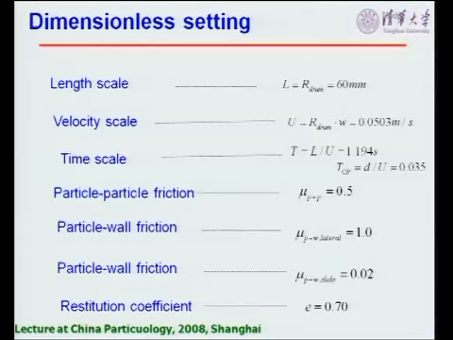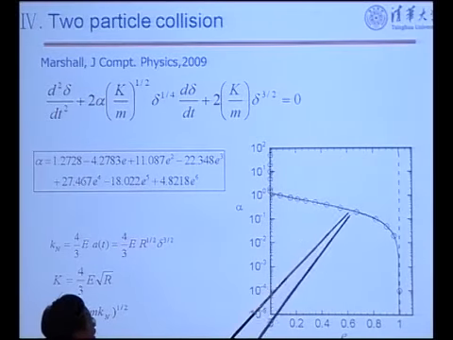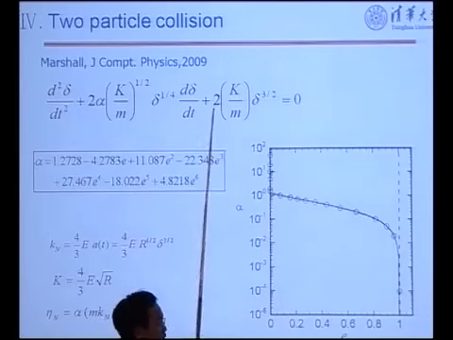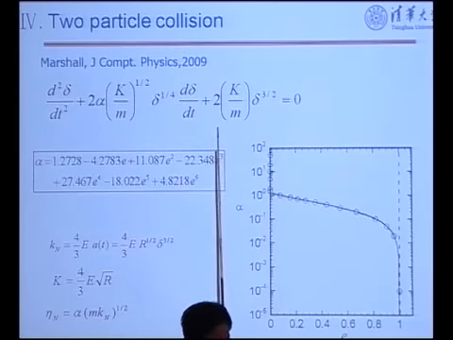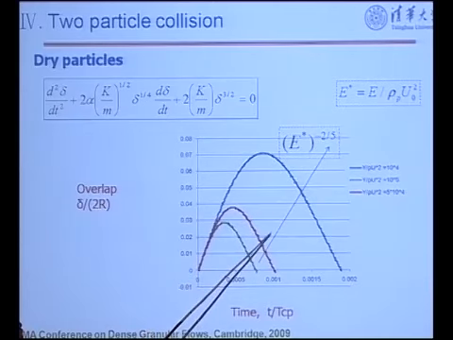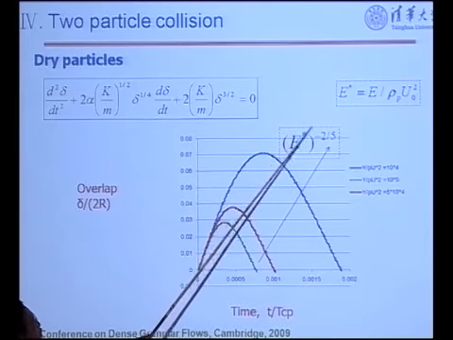And this is our simulation. The scaling we use is dimensionless. We use non-dimensionless simulation, with this time scale and particle scale, the friction, and we set this coefficient at this. We can see our two particles here. We relate the coefficient of this equation to the displacement rate, and so we can control the simulation normal force very correctly from this equation. And Jeff has published work in the Journal of Computational Physics.